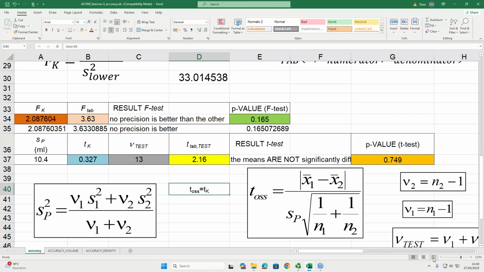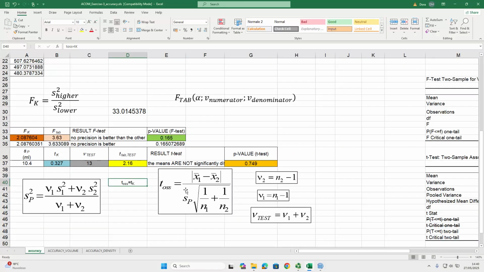Okay, this is the formula. This one. Because I have that the two variances are not significantly different, so there is a variance representing the problem. And the variance is this, S squared P calculated from the two variances. Okay? And I inserted this formula in the cell A37. Let us click inside the formula bar to verify that it is taking the correct input. You see, it takes F8